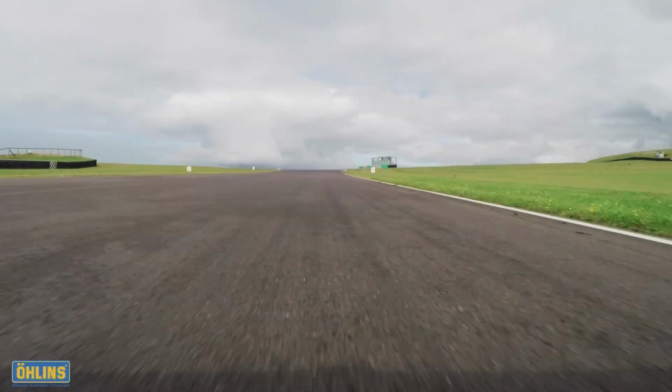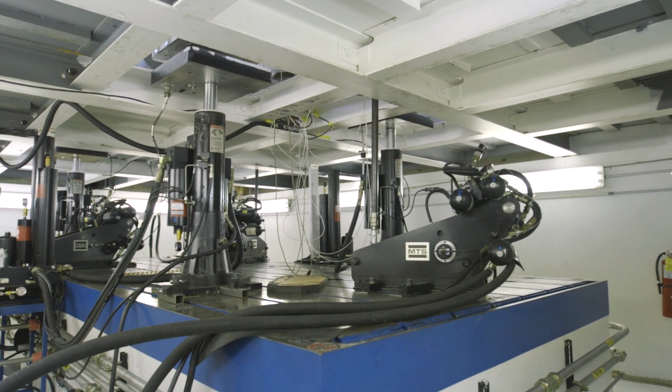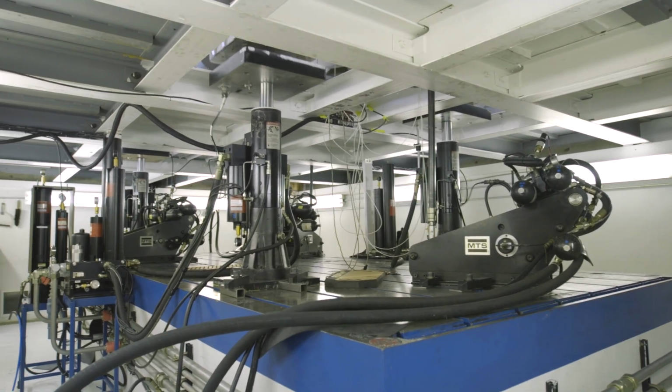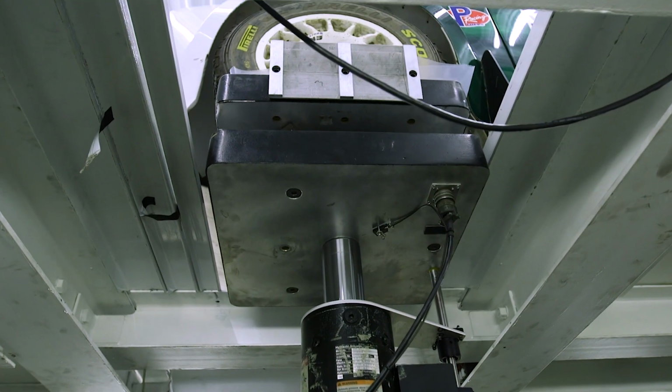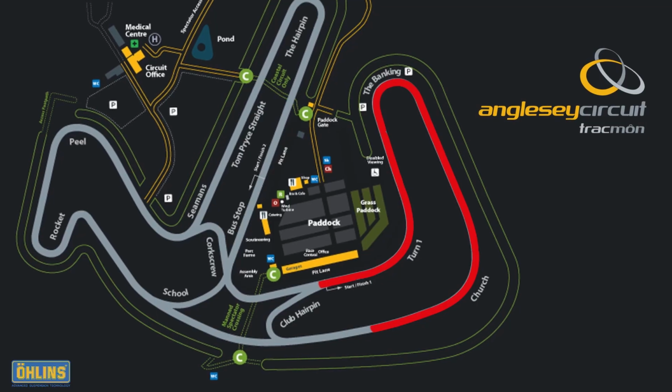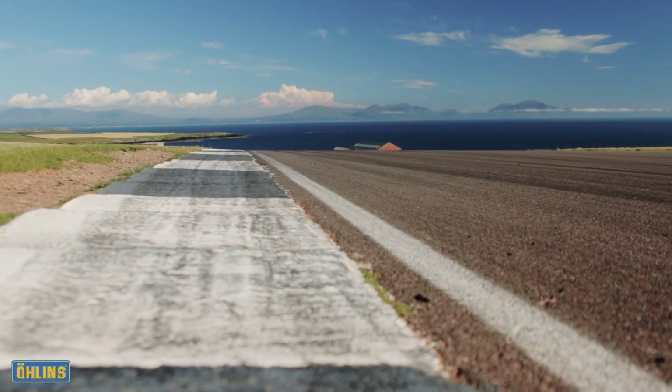Commonly referred to as a shake rig, or 7-poster, our MTS Vehicle Dynamics Simulator consists of 7 hydraulic actuators, 1 road actuator under each wheel, and 3 downforce actuators that connect directly to the vehicle's chassis. The combination of all 7 actuators makes it possible to replicate the suspension movement seen by the car on any